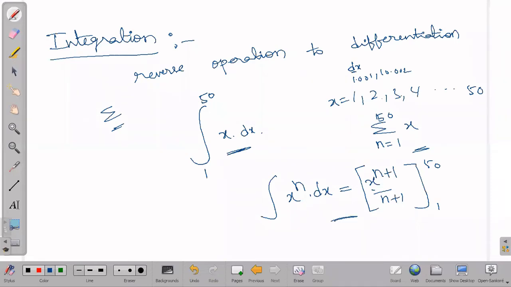This is one formula we use basically. Integration of constant, simply dx if it is there, we will write it as x. Okay, these two formulas you just remember. These two are more than enough for our next part. So we have seen what is meant by differentiation and what is meant by integration.